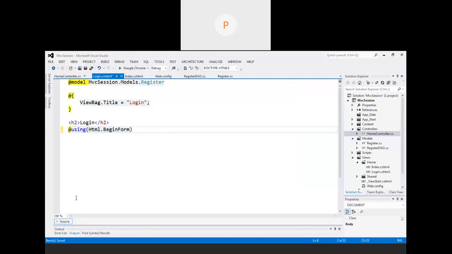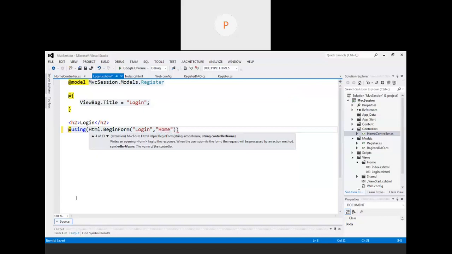This will redirect us to which page? Login, comma, our controller name will be Home, and the form method type is post.